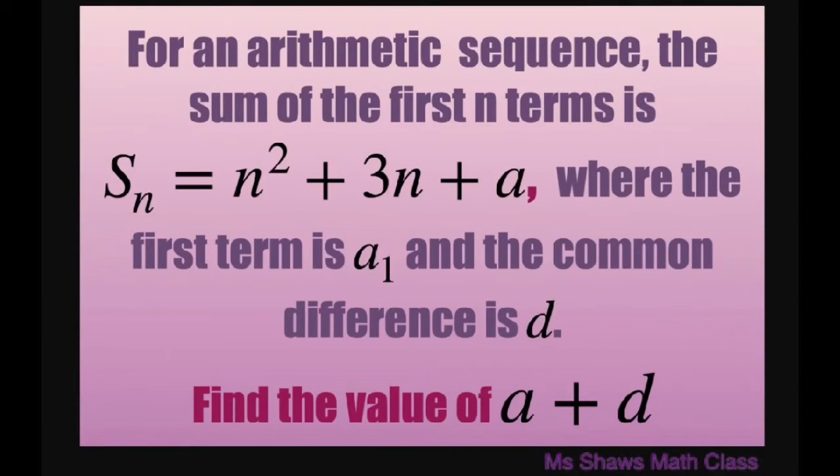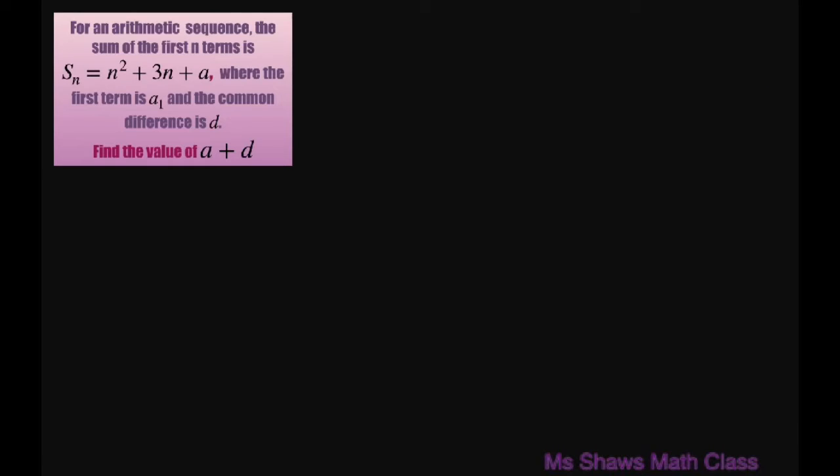Everyone. For an arithmetic sequence, the sum of the first n terms is n squared plus 3n plus a, where the first term is a sub 1 and the common difference is d. We're going to find the value of a plus d. So since we have our sum of all the n terms is n squared plus 3n plus a, what we